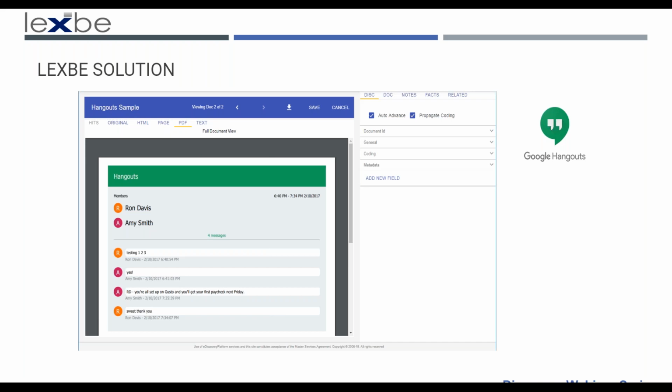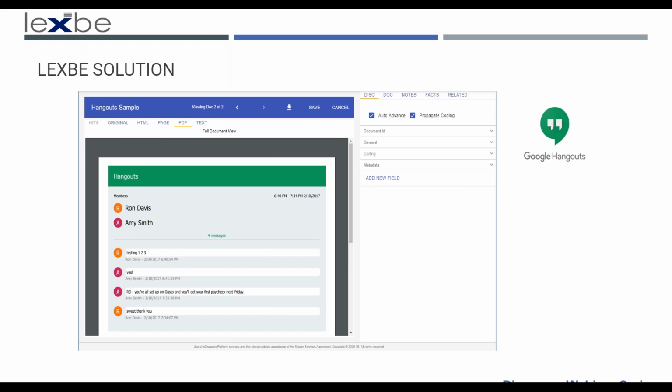And as you can see with this screenshot, the result makes it very easy for you to search and review these files just like they're rendered in the native application. So what you're seeing is the conversation between two people that took place in Google Hangouts. It gives you the ability to review that just like it looks in Google itself.